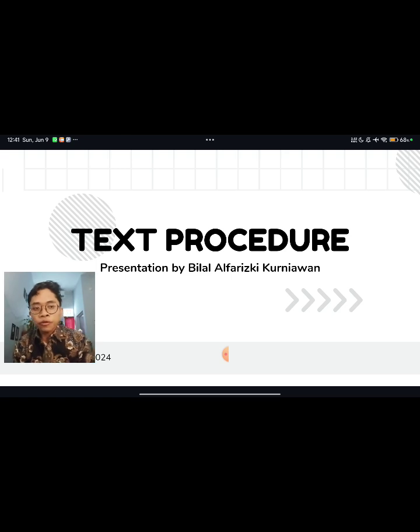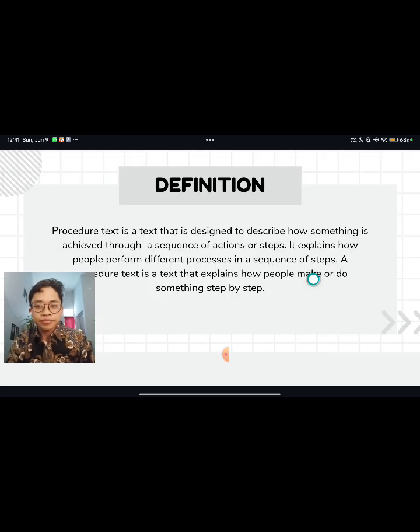I will give you 10 seconds for you to think about text procedure. Okay, have you guys already have an idea about text procedure? Okay, let's go to the next slide.